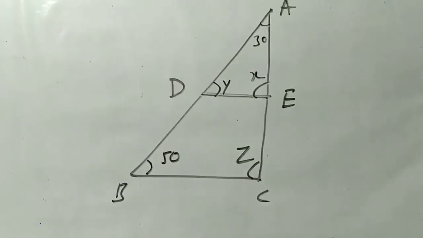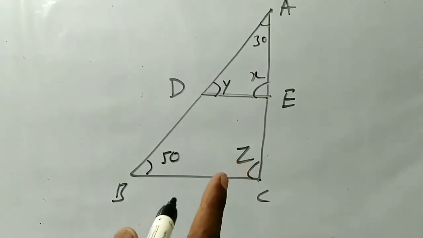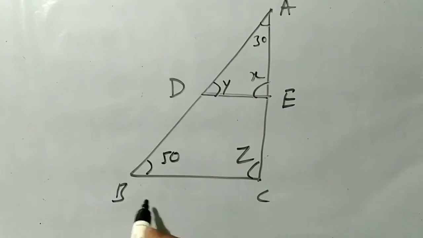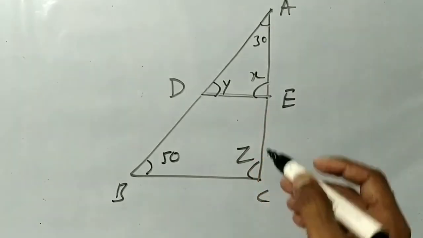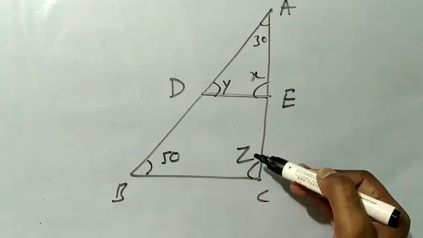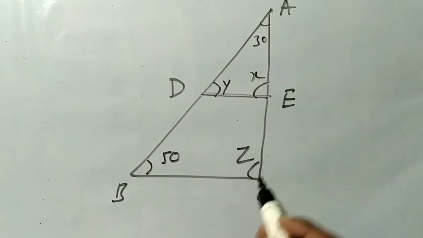This is the seventh one, problem seven. Angle A is 30, angle B is equal to 50, angle Z and X. Here the X and Z are the corresponding angles because above the line,